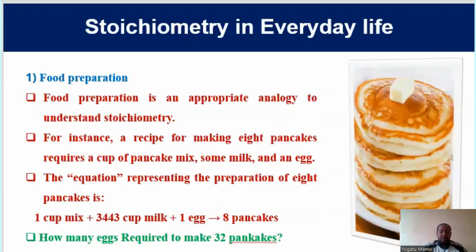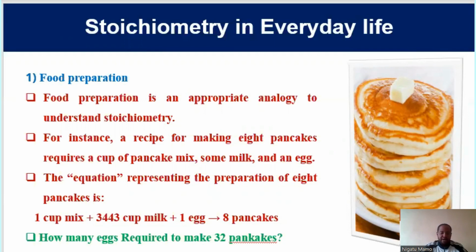Stoichiometry is applied in our daily life. It is applied in food preparation. Food preparation is an appropriate analogy to understand stoichiometry. For instance, a recipe for making 8 pancakes requires a cup of pancake mix, some milk, and an egg. The equation representing the preparation of 8 pancakes is 1 cup mix plus 3/4 cup milk, and 1 egg will